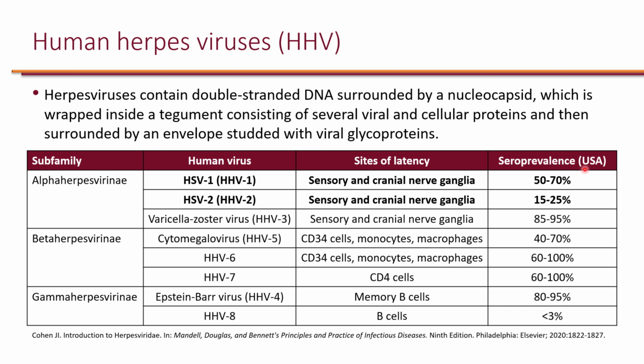When you look at the seroprevalence among adults in the US, you can see that more than half of people in the US are actually infected with HSV1, which in general is considered the less severe of the two. This doesn't necessarily mean that it is a sexual or genital infection, because HSV1 can also reside outside of the genital area. Whereas far fewer people, up to a quarter of US adults, have HSV2.